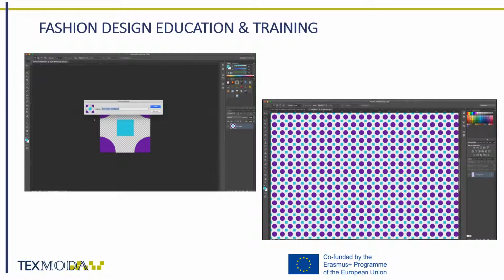Fashion design higher education courses have understood the need to improve and update their syllabus in order to encompass these new methods. As the fashion design industry is now, more than ever, driven by technology, students must understand the importance to use printed design software and apply these skills and knowledge in their professional future.